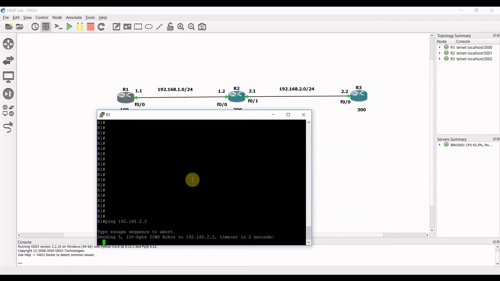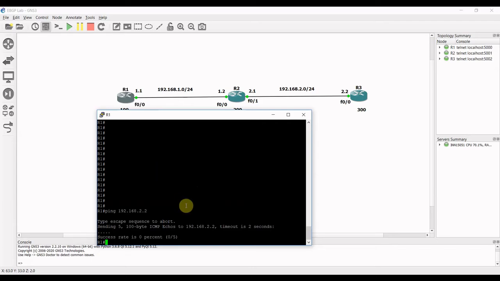Before we make the neighborship, first of all, we have to be sure that we have layer 3 reachability. It means the interface to which we are making the neighborship should be reachable. Now we are at router 1 and we try to ping router 3, which is 2.2, and this is not reachable. As I said, there are two ways we can make this interface reachable: we can use static routing, or else we can use IGP routing. But for a simple task, let's go ahead and create a static route.